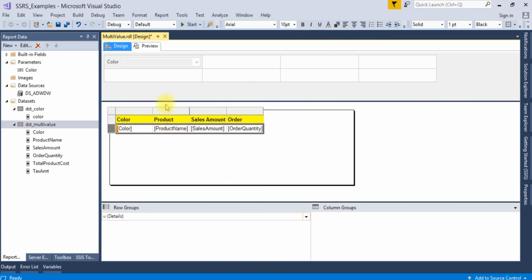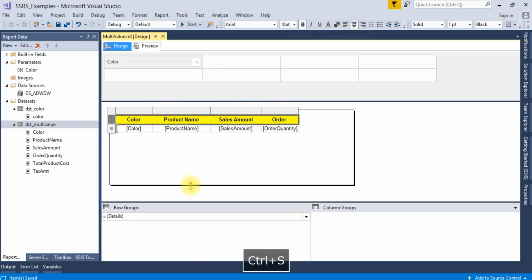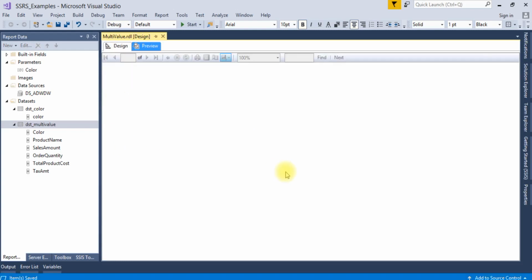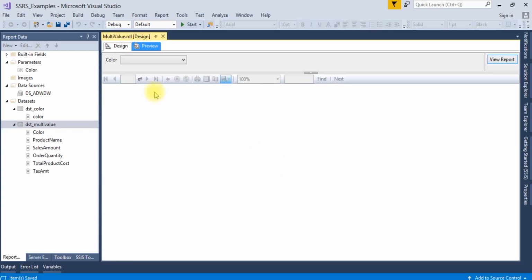Okay, let it be there. Let me save it, and you can choose a default value here. Let me choose red.